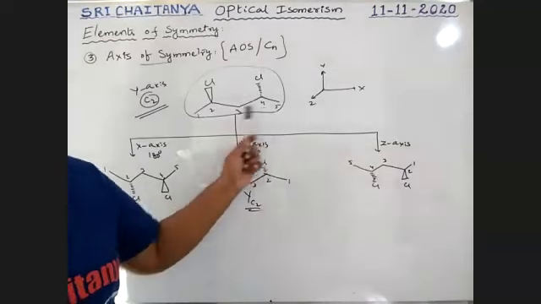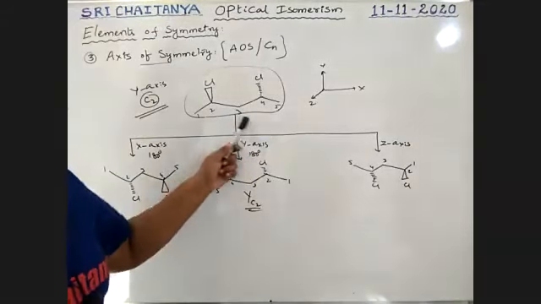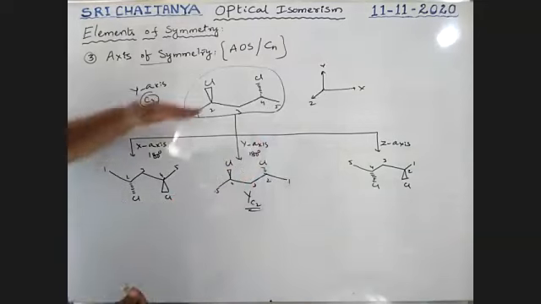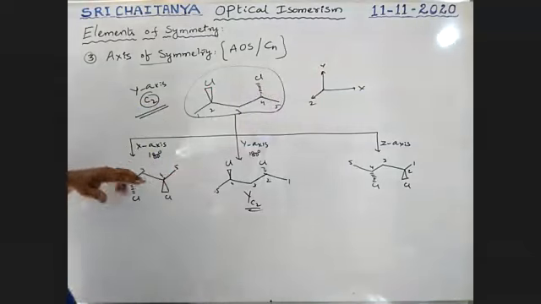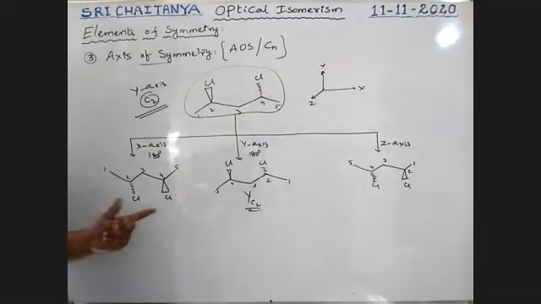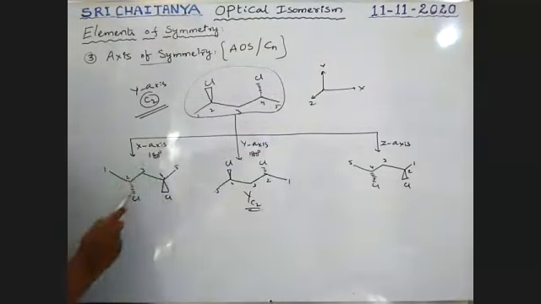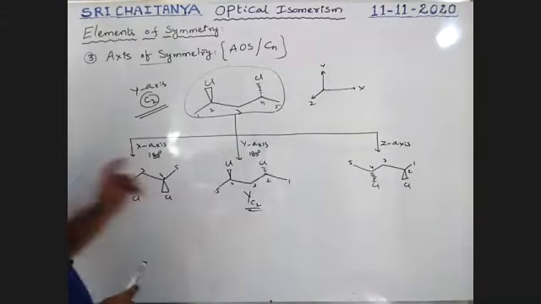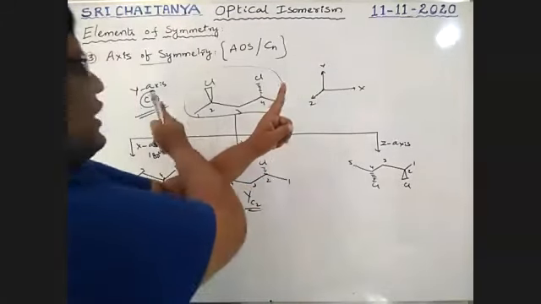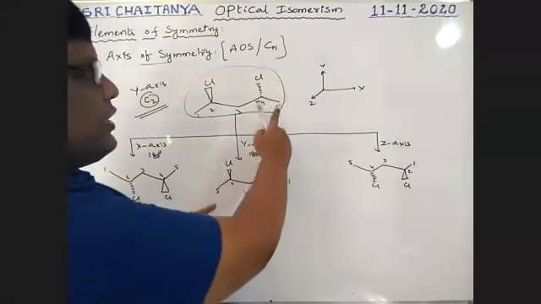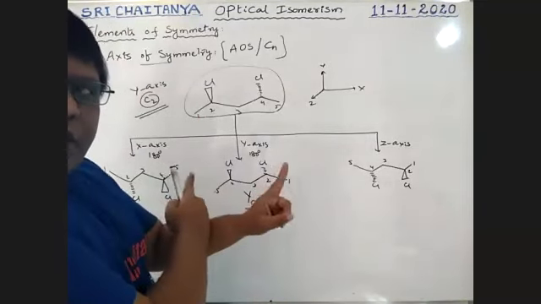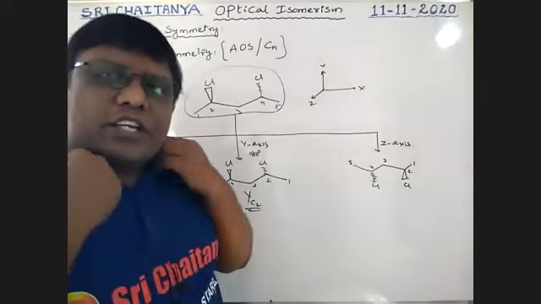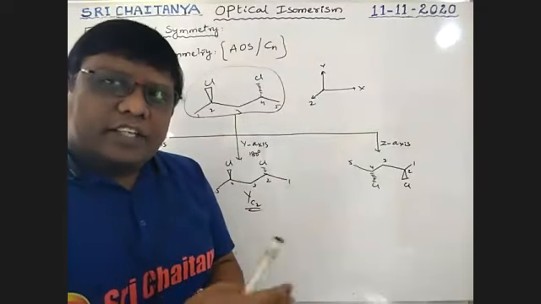Boys, please consider these numbers. So 1, 2, 3, 4, 5. Along x-axis, just this molecule is moving in the upward direction. Along x-axis rotated, so it is 1, 2, 3, 4, 5. So wedge is changed to dash, dash is changed to wedge. Same position, same chain. Next y-axis, just this molecule is interchanged. That means this is fifth carbon, this is first carbon. So this is first carbon, this is fifth carbon, boys. Just interchange. So during y-axis rotation, wedge is changed to dash, dash is changed to wedge.